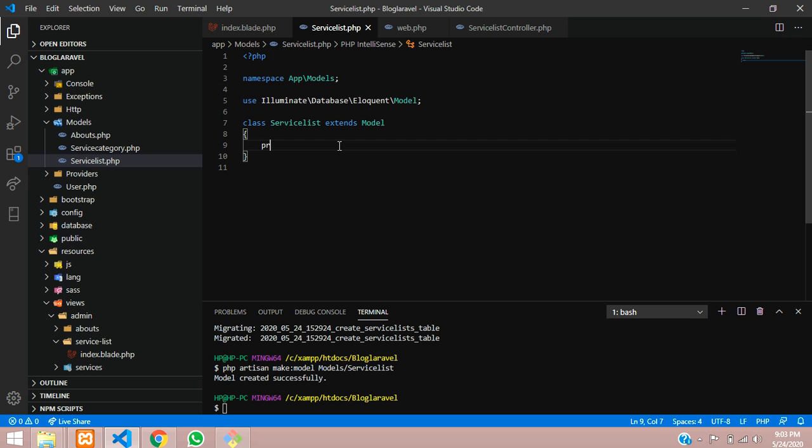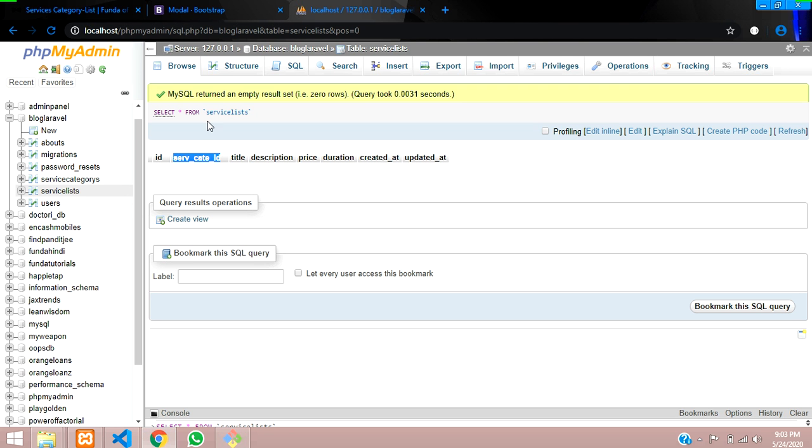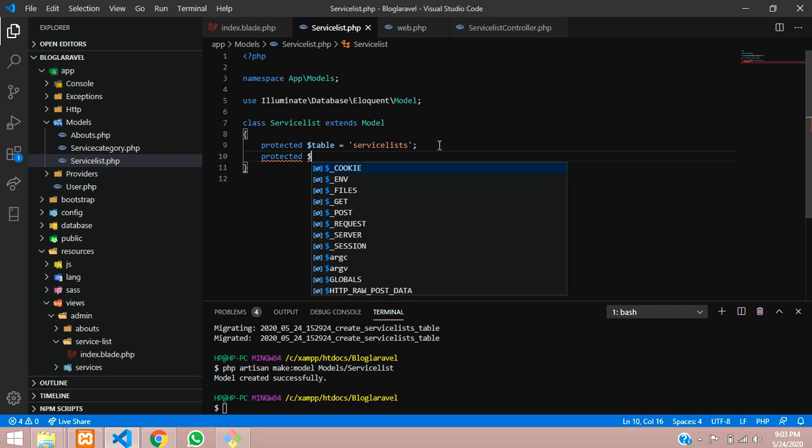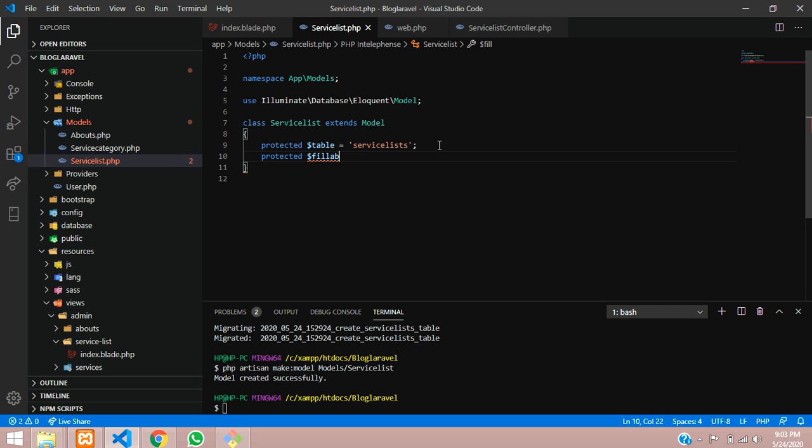So guys, simple, we have to type protected $table is equal to, in single quotes, the table name which we have just created. Copy that table name, get back and paste it. Now again type protected $fillable to call the columns, equal to an array.